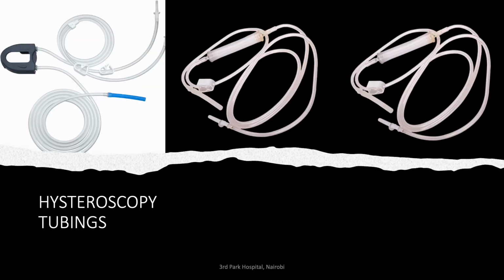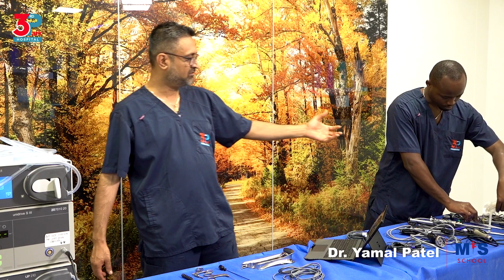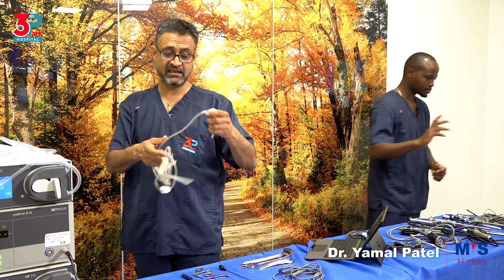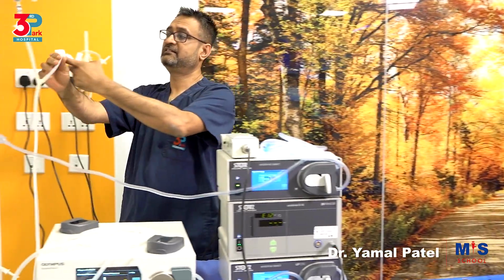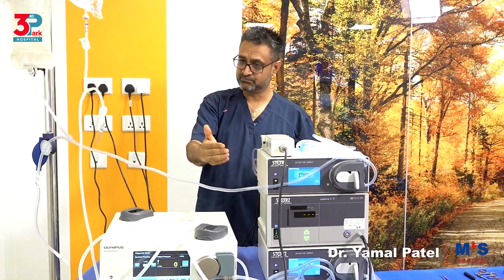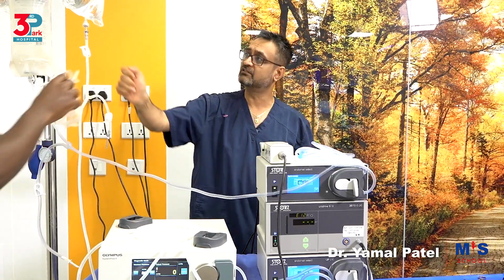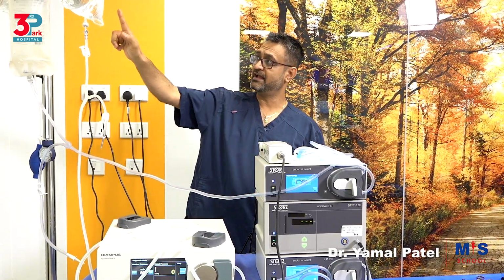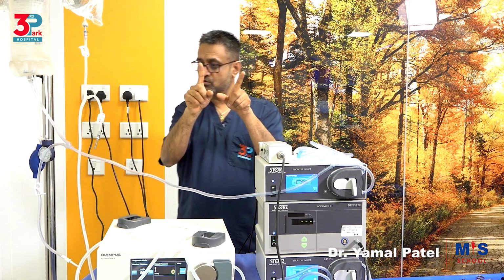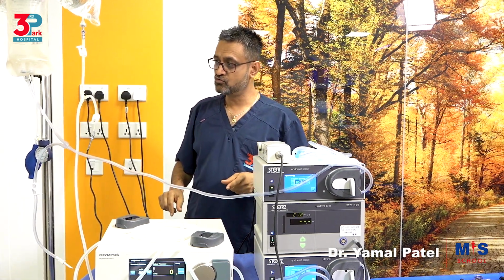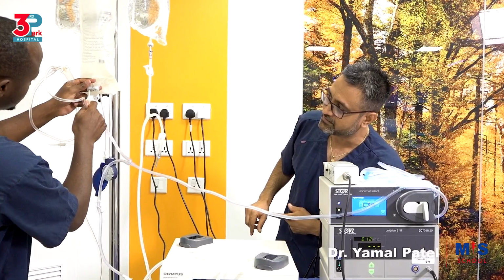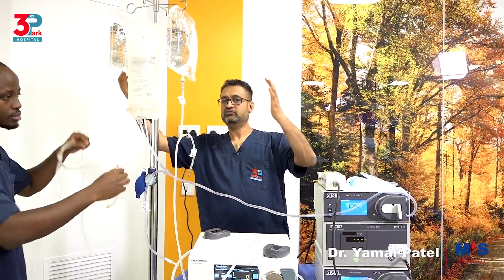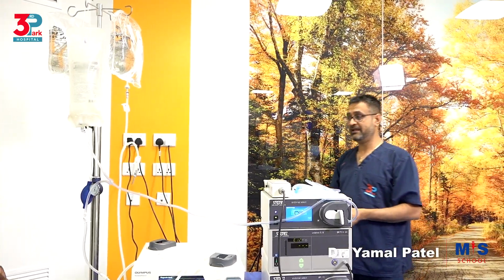Now we go to the tubings. So we're looking at the consumables. We have the tubings. This is a twin giving set or a twin tubing just for direct, connected here for example, for putting in the fluid through gravity. You don't need to connect it, just show. It will connect to the water, and you can see it has 2. So you can sometimes use it to connect to 2 bags so that you make sure no air goes in. You connect to one, and you connect to a second one so that you have an uninterrupted flow of fluid